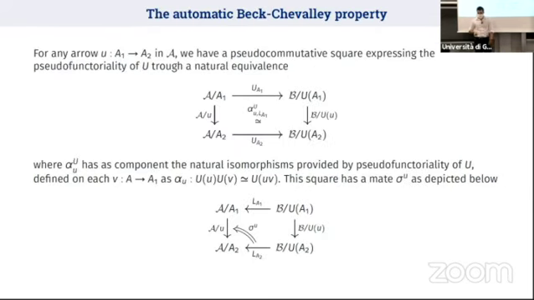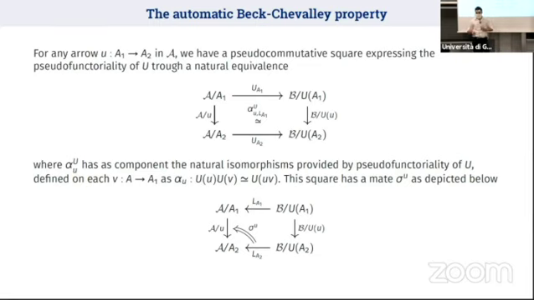And you will also automatically have some kind of coherence condition, which states that if you have a local map in the domain category of your functor, then the Beck-Chevalley mate of the natural equivalence expressing